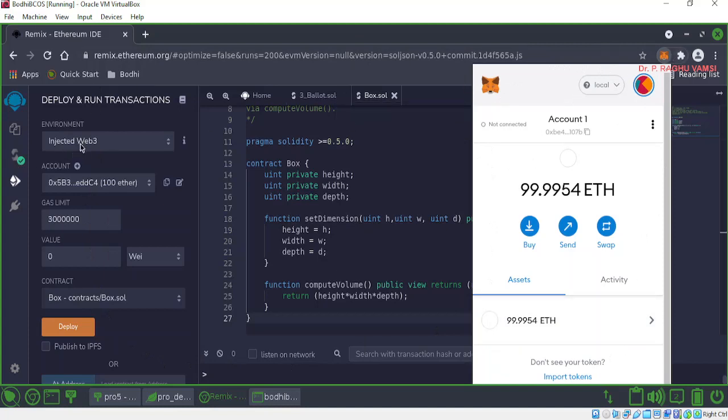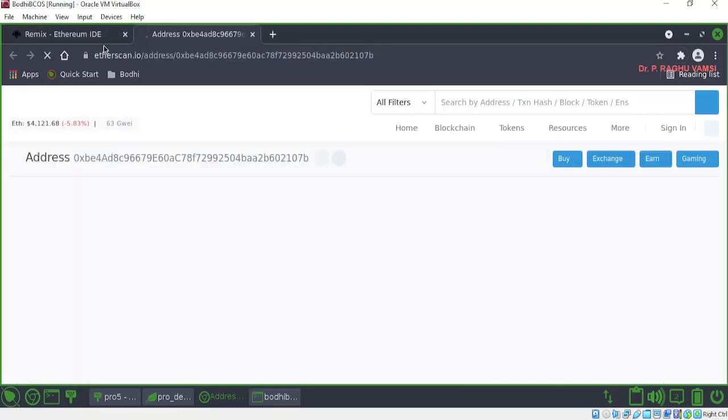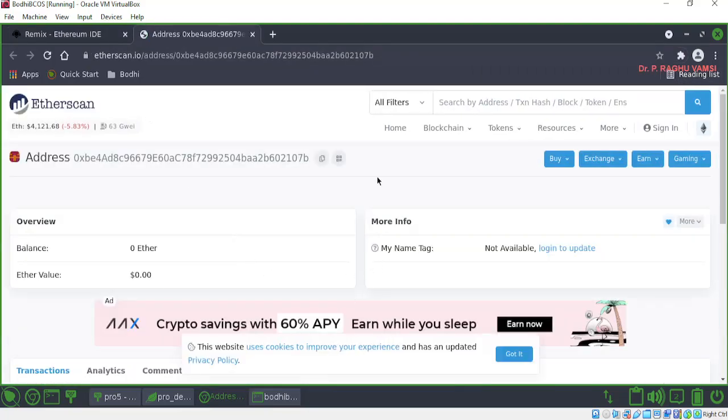Whenever I select this injected Web3, whenever we go for the deploy of the contract, automatically the wallet, that is the MetaMask wallet, will open, and it will show the amount like this, with which we can perform the transactions. So one can also view the same transactions on the Etherscan website.